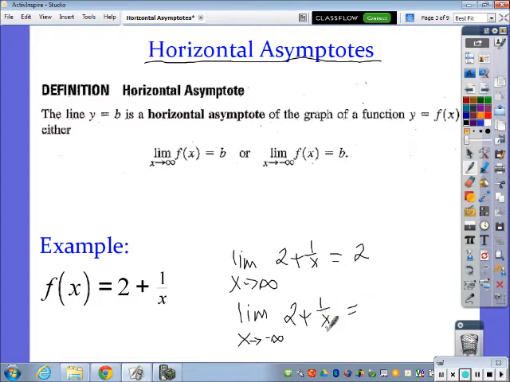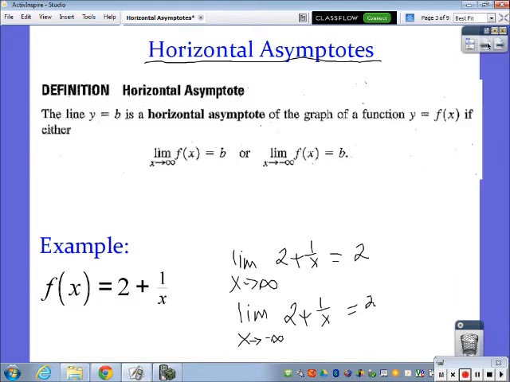And again, we have the scenario here that even though it's negative infinity, we're still approaching 0 as we move out to the left. So this would still be 2 plus 0, which would be 2. So if they're asking me to give horizontal asymptotes, what I would say is